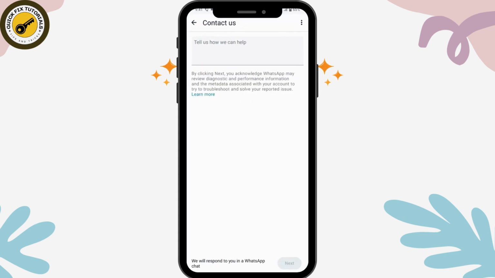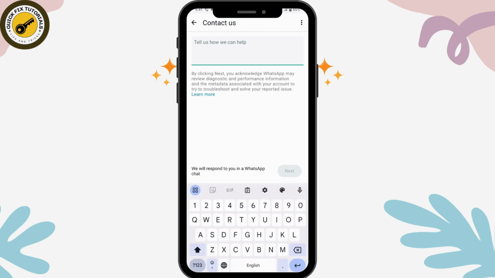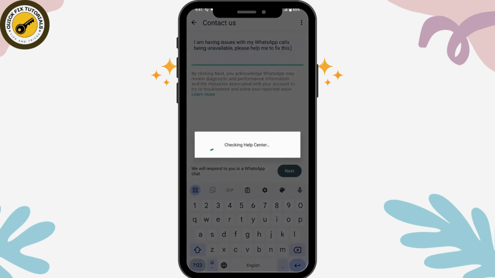And once you tap on support, it will take you to the contact us page. So under contact us, what you can do is simply tap on the message, and then you need to write, I'm having issues with my WhatsApp calls being unavailable. Please help me to fix this. And once you've written that, you need to simply tap on next, which is on the bottom of your screen,